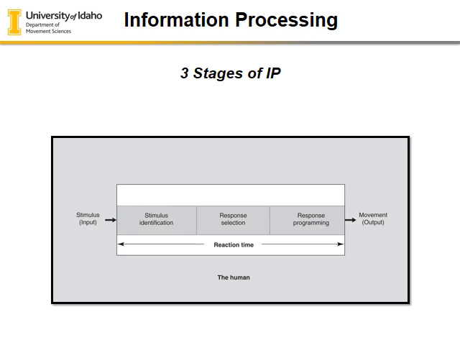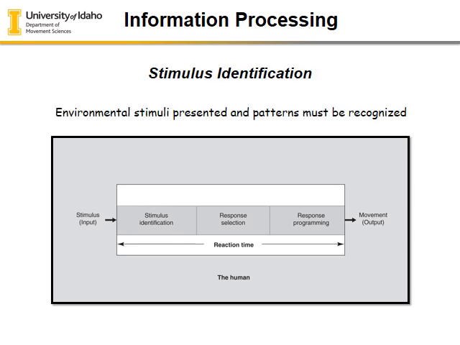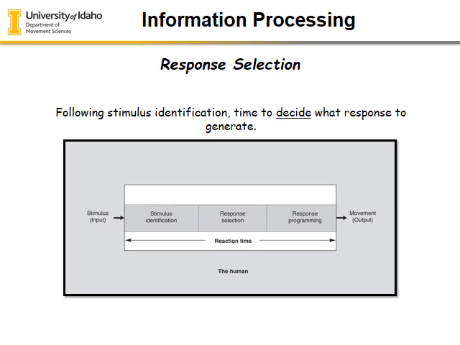So these three phases that we're going to talk about here: the stimulus identification is the first one, and that's where you identify the stimuli presented, and typically it happens because you're doing some kind of pattern recognition, and we'll talk more about what that represents going forward. Your next one is response selection, and this is the middle phase, right? Following that, now you've identified that stimulus, and it's going to take the time to decide what your response should be. And so you have a series of responses